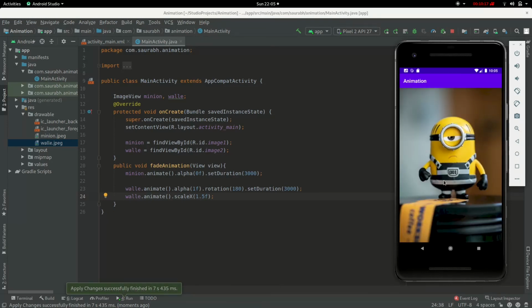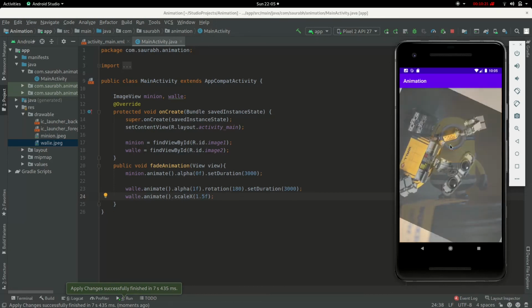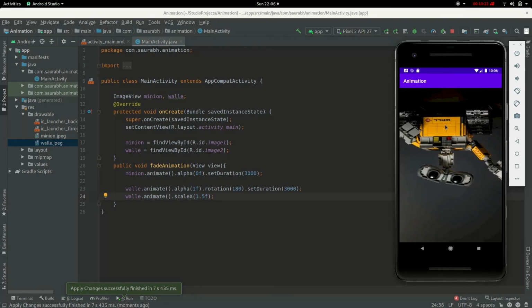Yeah, so the application has just finished. So now when we click it, look, we got Wally scaled. It is scaled horizontally. It is stretched out. Similarly, we can stretch it vertically, horizontally, or by some angle. We can perform all sorts of basic animations. So play around with these animations. Look at what methods are provided. Play around with image view, and we will create our own animations in the next video.